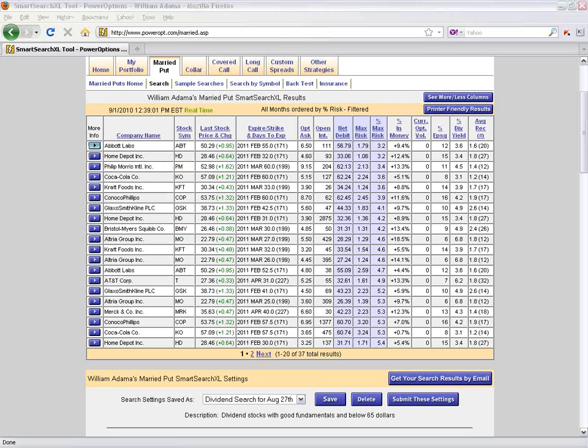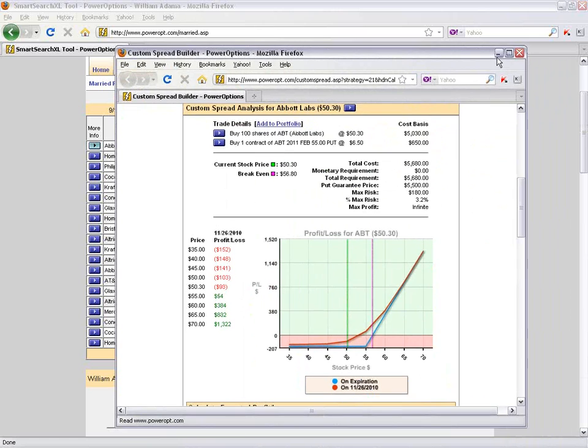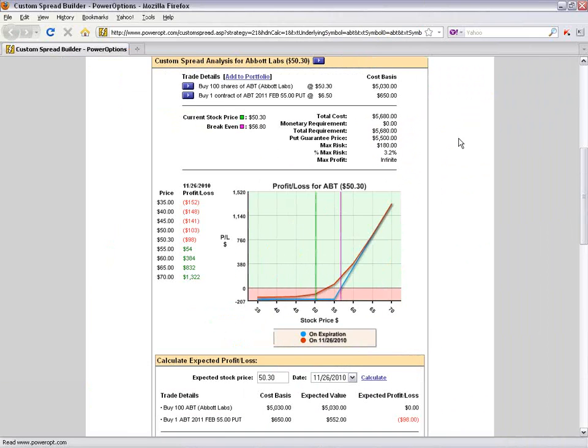And this will give me a graphical interpretation of the position, but it'll also allow me to run what Kurt refers to in the blueprint as the catastrophe reports or the what-if scenarios. Here's the Abbott Labs position that was listed. Buy shares of Abbott Labs at 50.30, and we could buy the February 55 strike put for $6.50. This would make our total investment $56.80, or our total net debit for 100 shares and one put contract to be